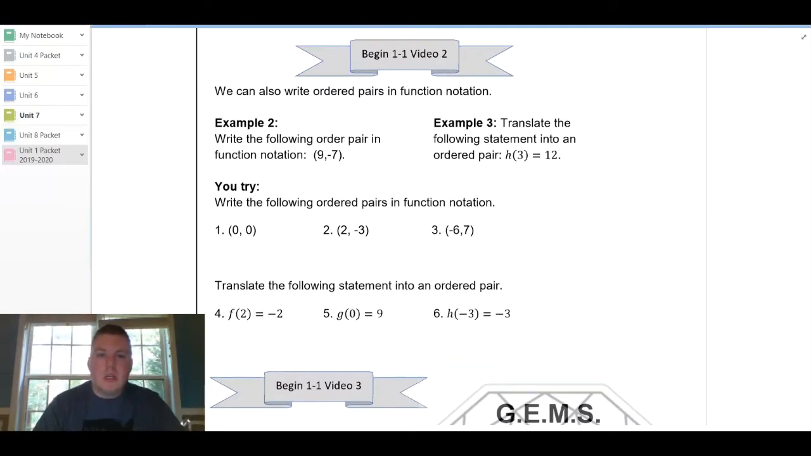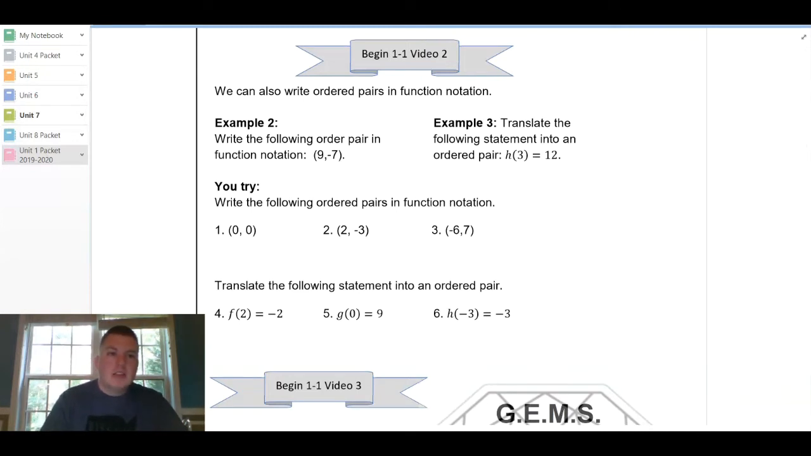At this point, you should be looking for the banner that says to begin 1-1 video 2. That means Unit 1, Lesson 1, Video 2. And once you have found that, we're going to pick up in our notes where we left off from the